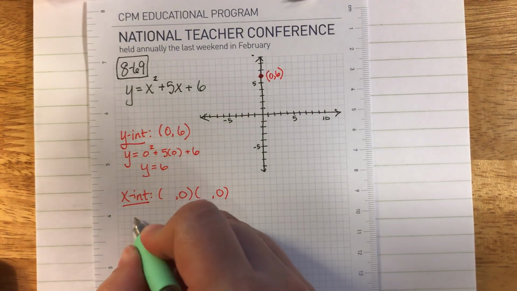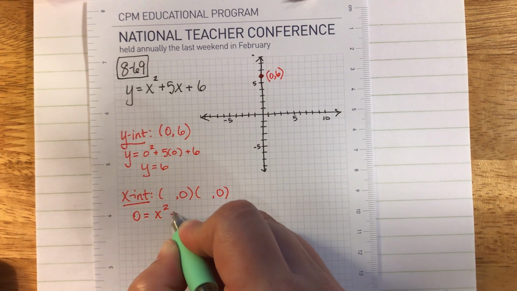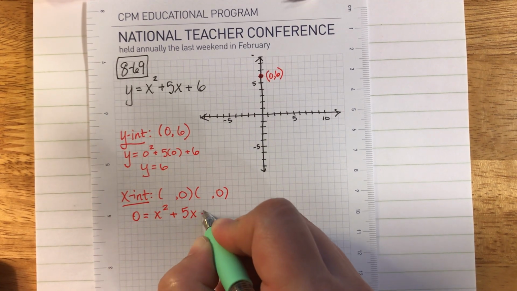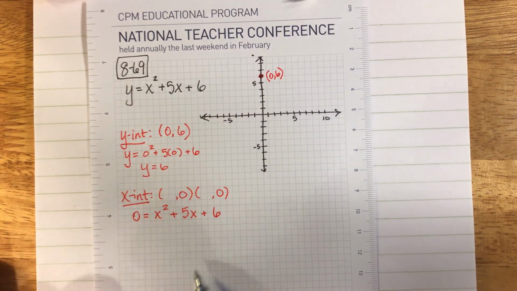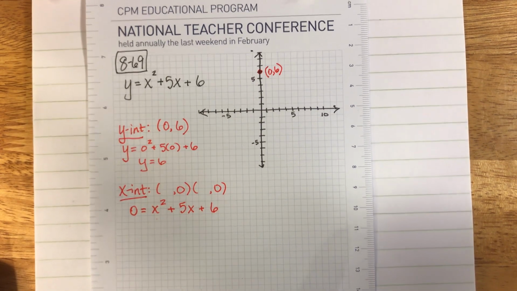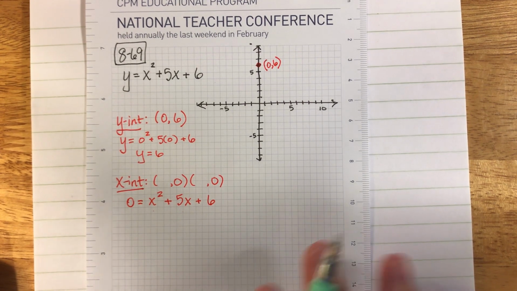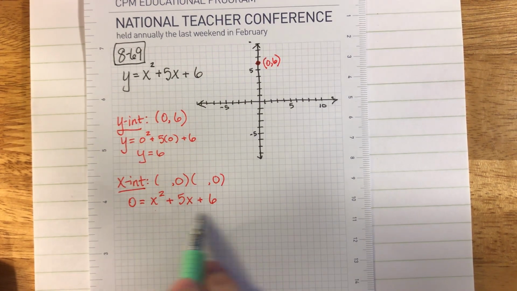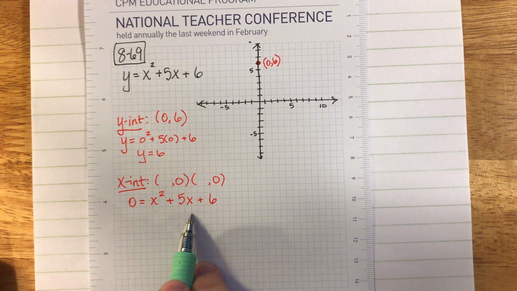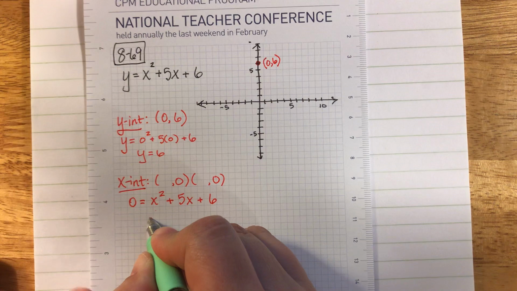So if you remember, we can plug 0 in for y, and we would get 0 equals x squared plus 5x plus 6. But since this equation has x's here and here, I can't just undo to solve the way I can with a normal linear equation. So instead what I have to do is factor it to get it into factored form, and then I can use the zero product property. So I'm going to factor this,